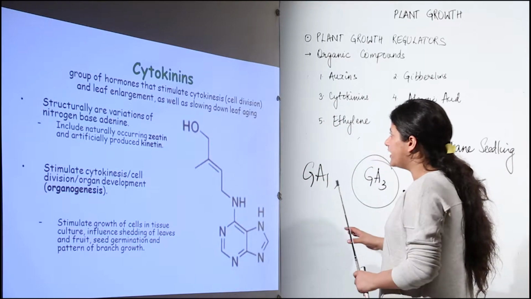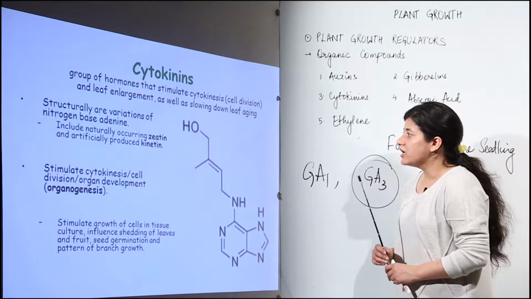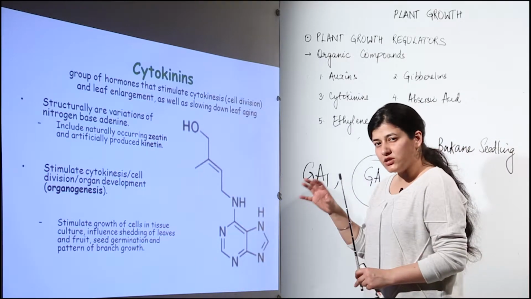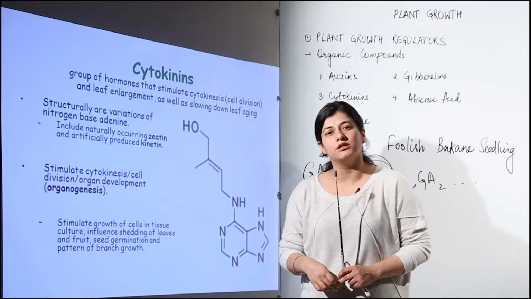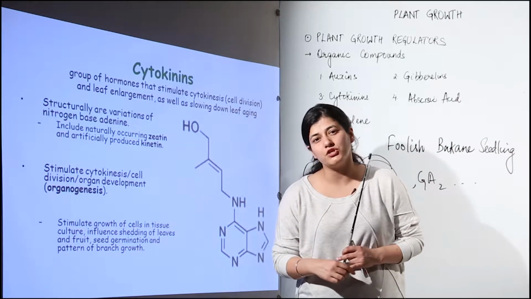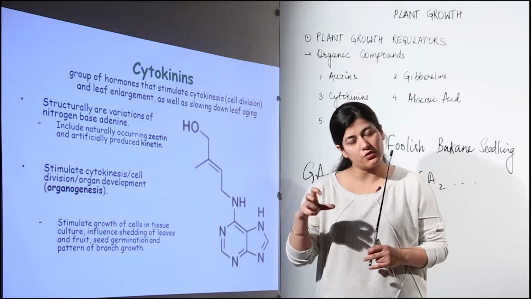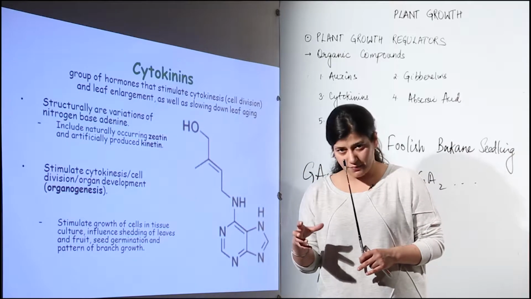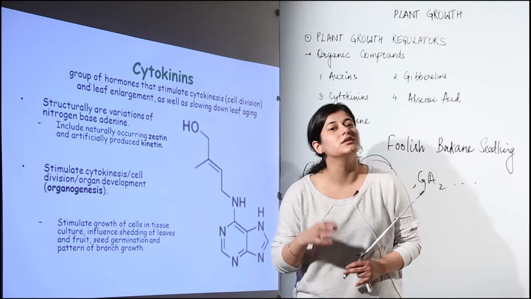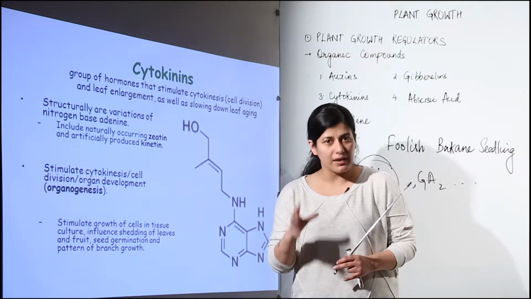Now, the next hormone that we deal with is cytokinins, but before we come to cytokinins, you need to revise the things which are to be remembered about gibberellins. The first thing you need to remember is where they are located. They are located in root apices and stem apices basically. What is their function? The most important function is stem elongation.